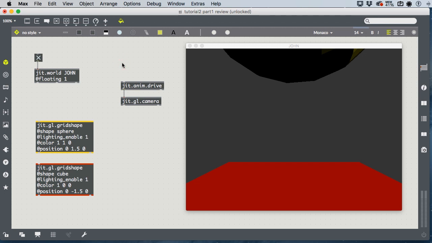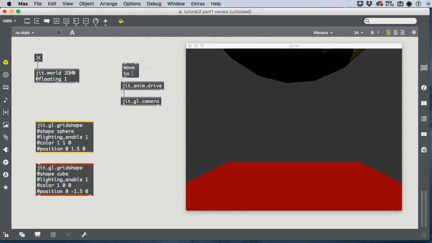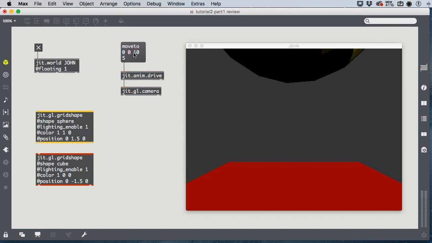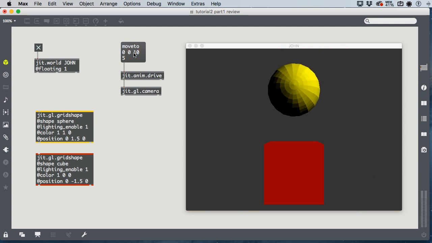As you move the camera away from the objects, they will appear smaller and more space will be in your screen. So I can use the move to message, except rather than moving the objects, I'm going to move the camera. I'm going to move to, say, 10 meters away. The default camera location is 2 meters away, so I'm going to be moving 8 meters back, and move to requires a time. Let's do this over 5 seconds. So I'm going to move to 0, 10 over 5 seconds. Watch what happens. The camera is going to back up 8 meters, and now I can see both of my